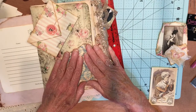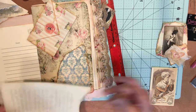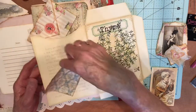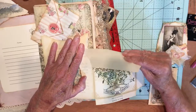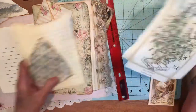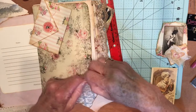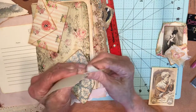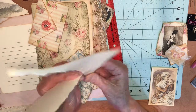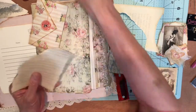Okay, now I want something a little stronger than just paper behind that. So let's see, what do we got? Let me just use this because this was something I was using for spring, and it probably won't... oh, it came out too big, and I'll probably never use it that size. So we'll just use this and rip this off. This is just a quick way to make a tuck on the side of the page. So that way you don't have to make a full pocket or